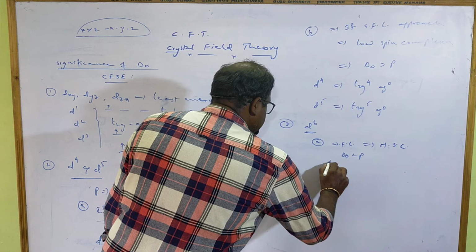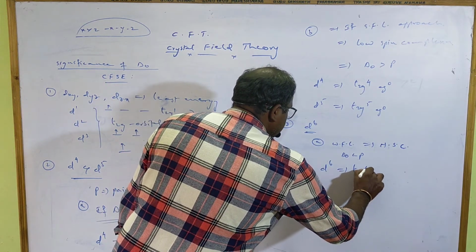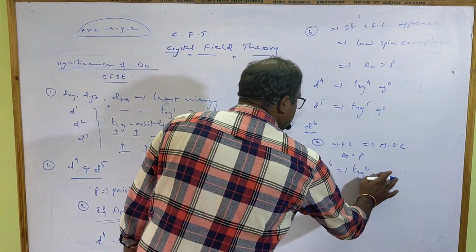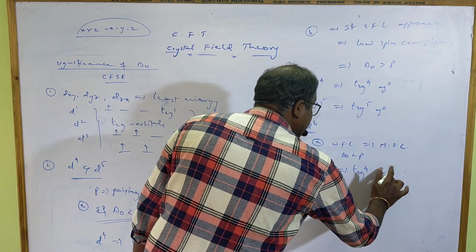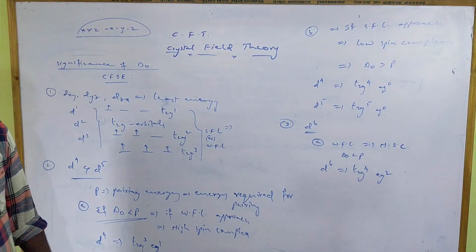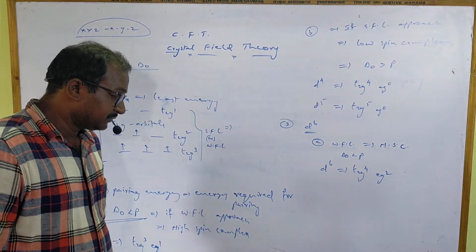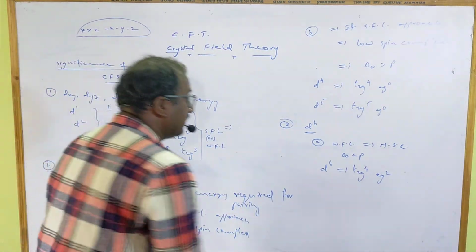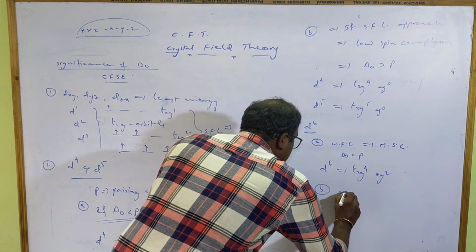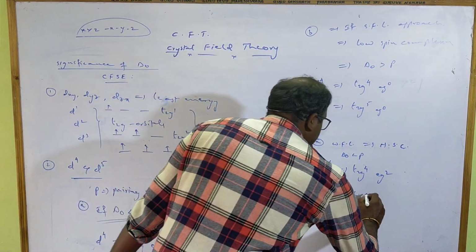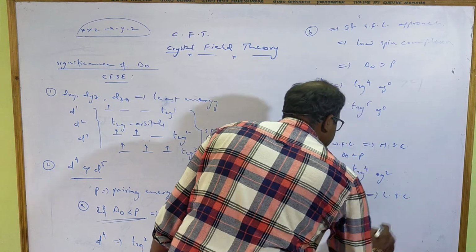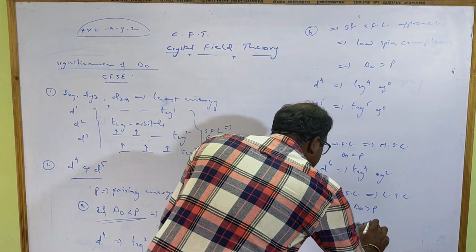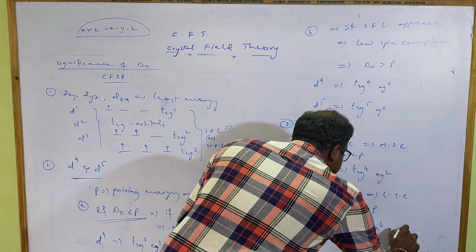So for D6, the configuration becomes t2g6 eg0 for strong field ligands, and t2g4 eg2 if weak field ligands are there. 4 plus 2. For D6, it means one electron will go to pairing if it is there. And B, if a strong field ligand is present, strong field ligands form low spin complexes. In this case, delta O becomes greater than P. Then for D6, it will be t2g6 eg0.